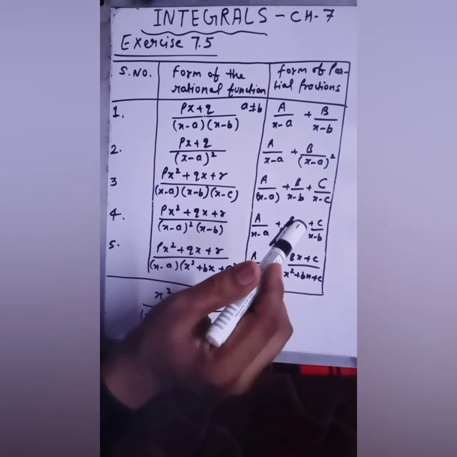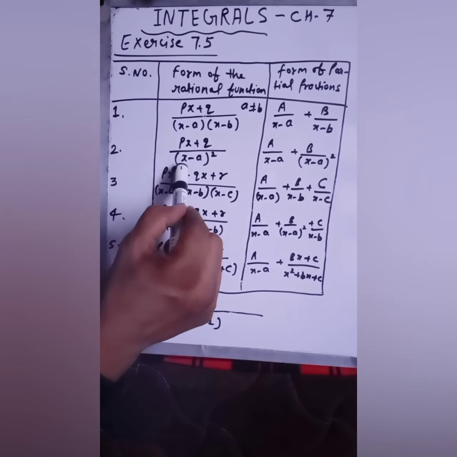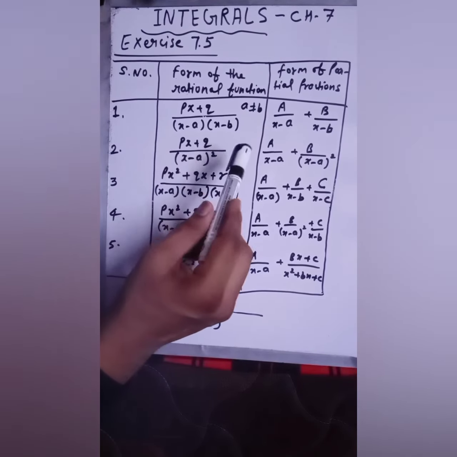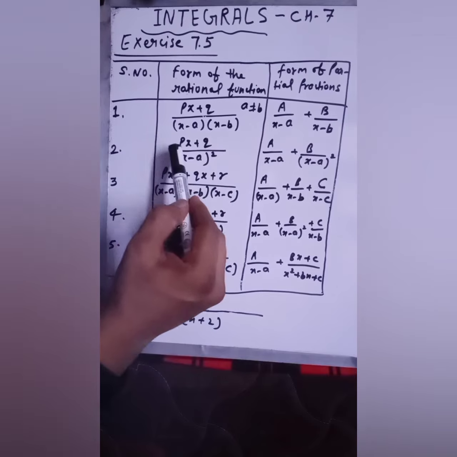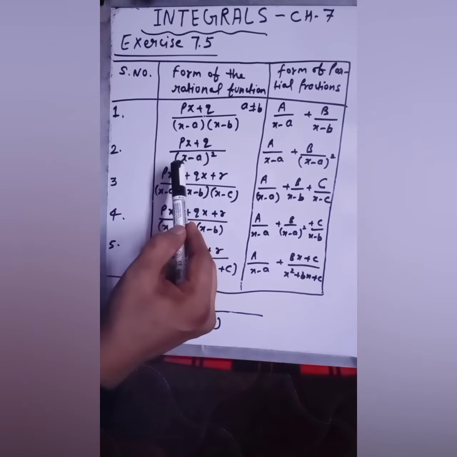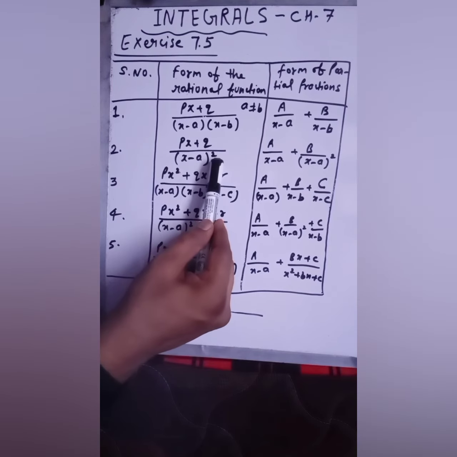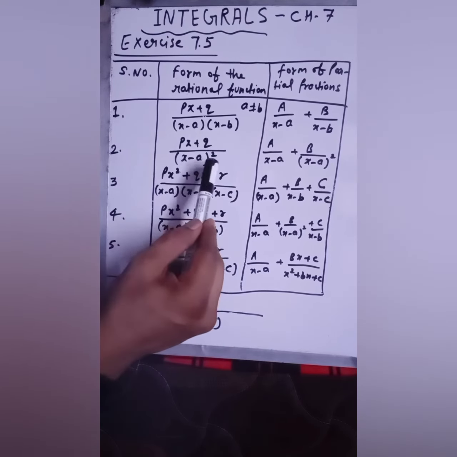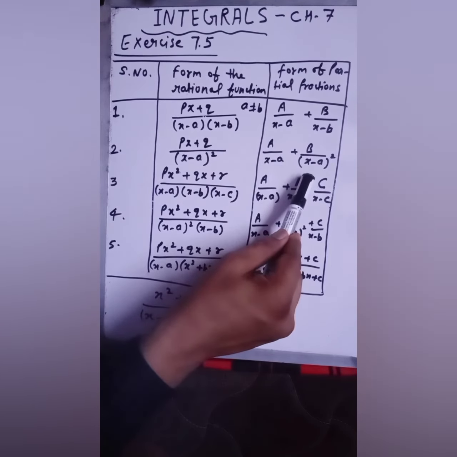First of all, here you have to know how you can apply it. In the second part, if you get any fraction in this form, where in the denominator you are getting a whole square, you can convert that fraction like this. Got it? Fine.